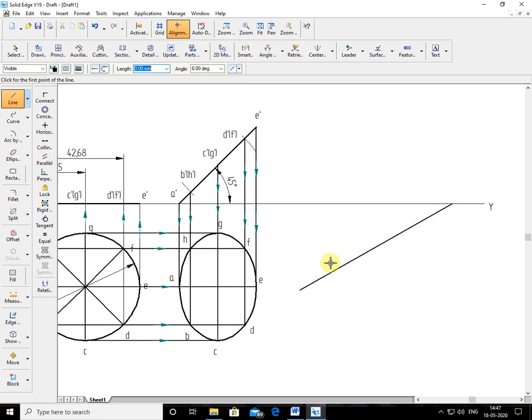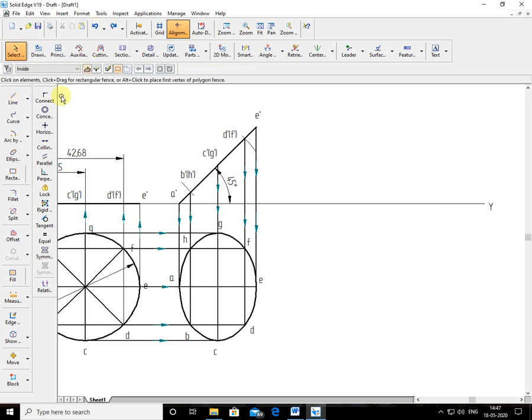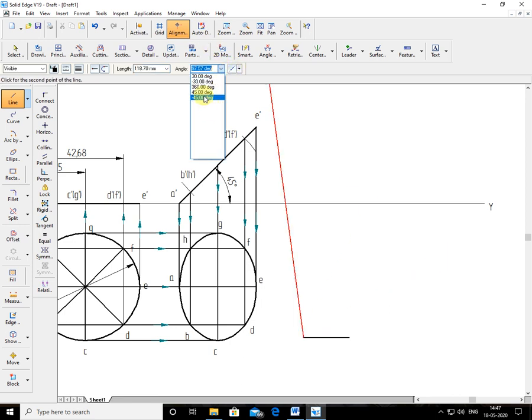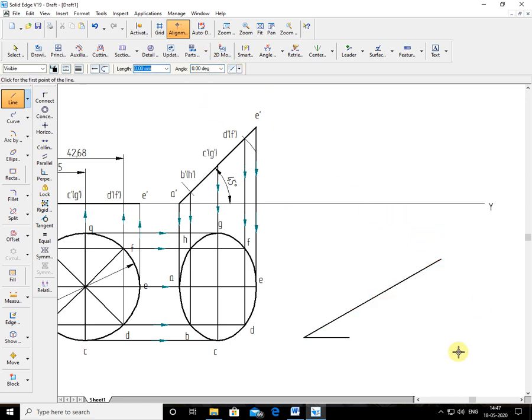Another way of drawing the angle line, you can draw in this way also. See here, you can draw the angle line in this way also. So I'll draw one horizontal line. I can draw 30 degrees, right, 30 degrees here. 30 degrees means it is a 30. I can draw in this way also. Now I can locate. This 30 means this is also 30. Remember, see here, this is 30 means this is also 30 only. Okay, that's why I can do it this way also.